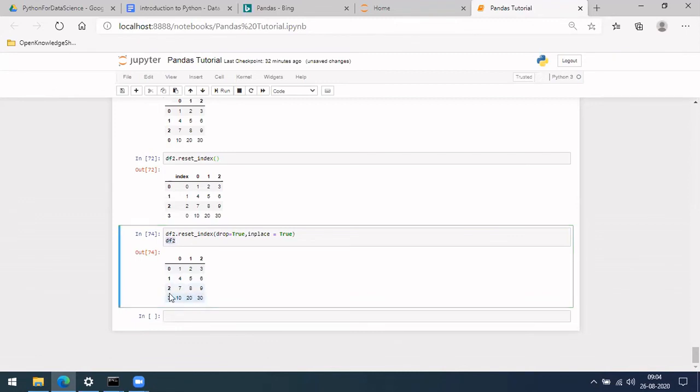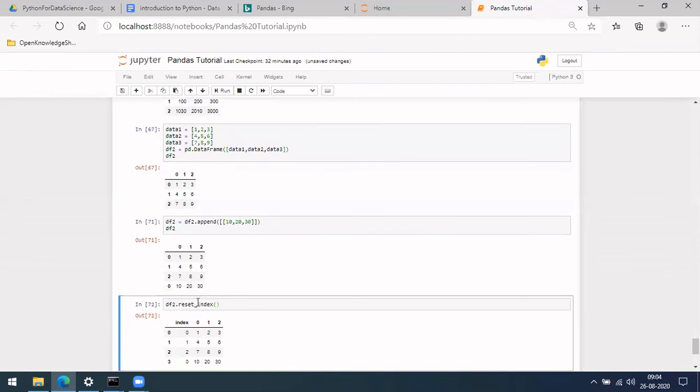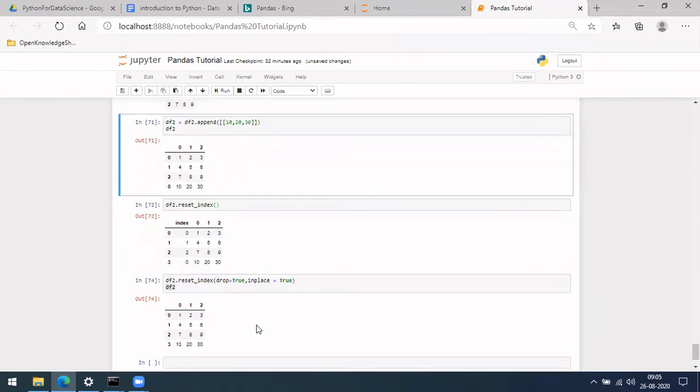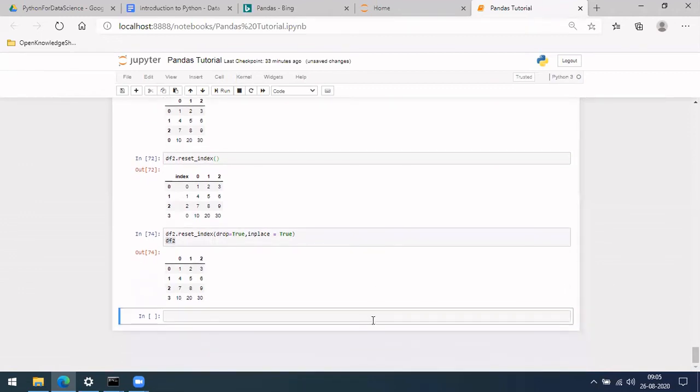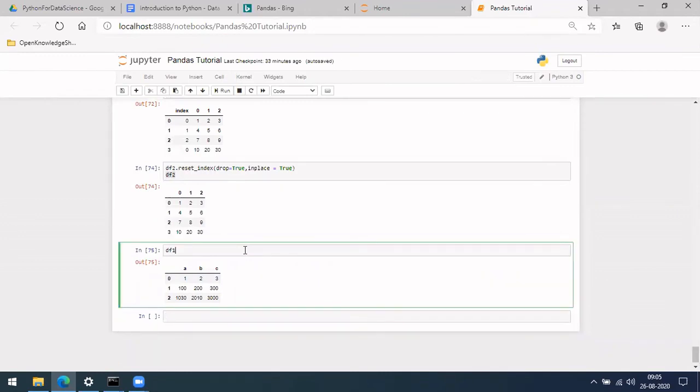Okay, cool. So this is one way to add extra rows to your data frame. Be careful that your index will change, it will start adding zeros to the index. And one more thing is, in case you have column names, that will be an issue. There is also a way available in case you have column names. Now let's explore that part. That df1 is where there are column names. So let's see how we can append where there are column names.